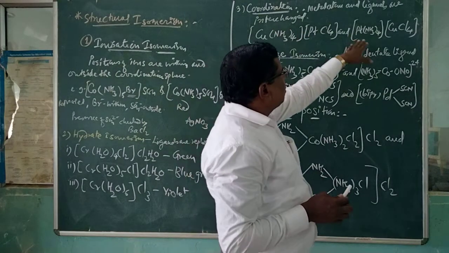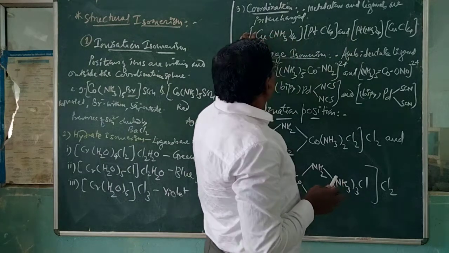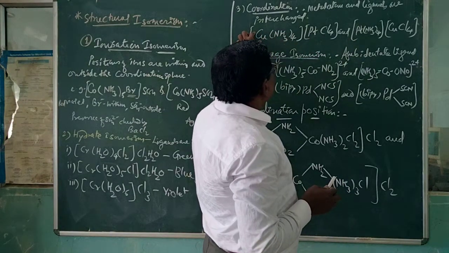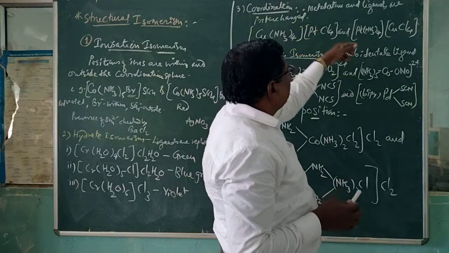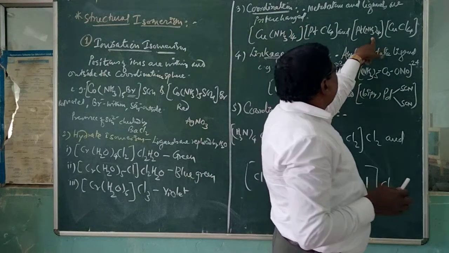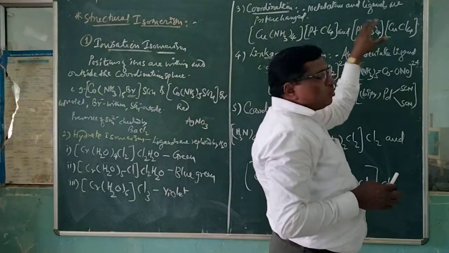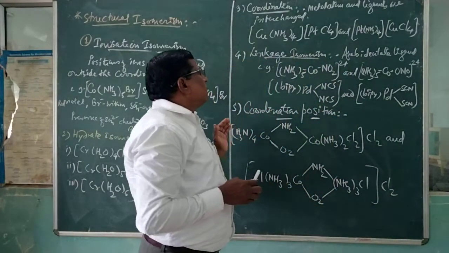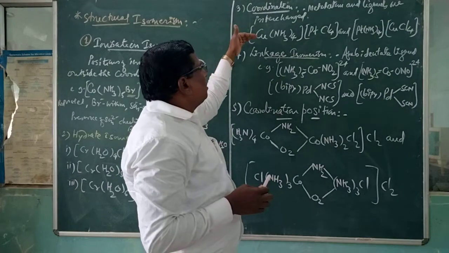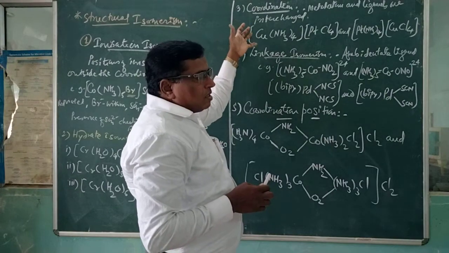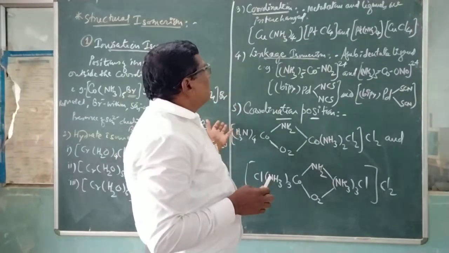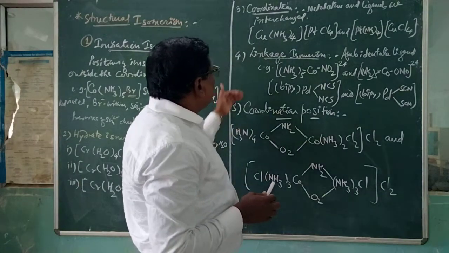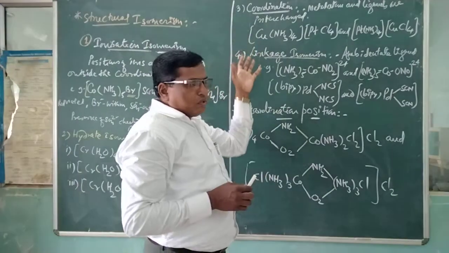Again, in the second complex we have taken here, copper can be replaced by platinum. This copper is shifted here, and this becomes [Pt(NH3)4][CuCl4]. That is an interchange of the ligands that can take place. Interchange of the central metal atom can also take place if we take this idea as concerned with complex formation.